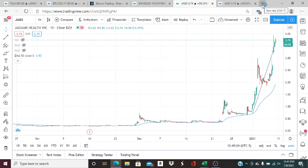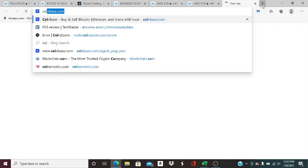About to show you guys how to set up your own Coinbase account and Bitcoin wallet so you can start buying Bitcoin as soon as possible. And at least from a very reputable exchange. So Coinbase is a great one. There's also Binance.com, but I'm just going to go with the basic one. Coinbase, great for beginners, very simple. So go on Coinbase.com,